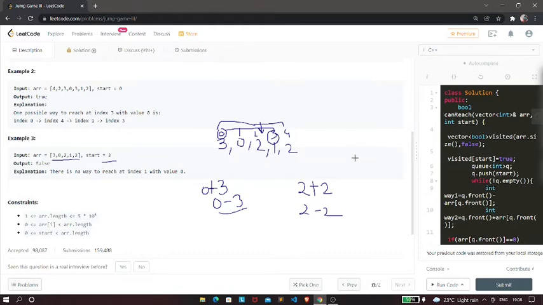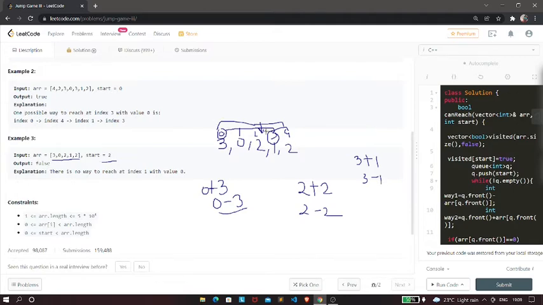Now currently our I is at index 3, right. So if you perform the operation of 1 again, then it will lead me to index 4. So let's say that we move to index 4 only, or we can go to index 2.